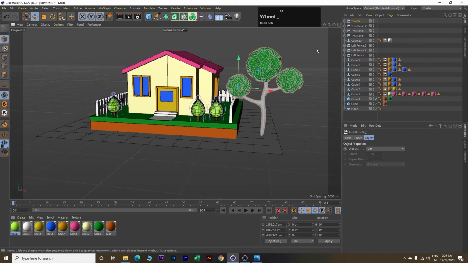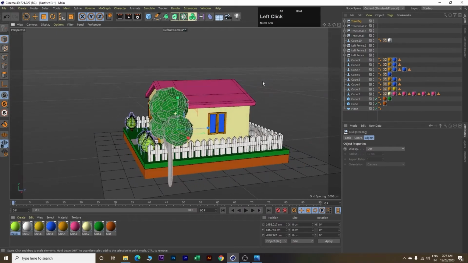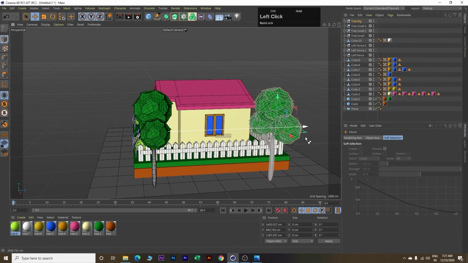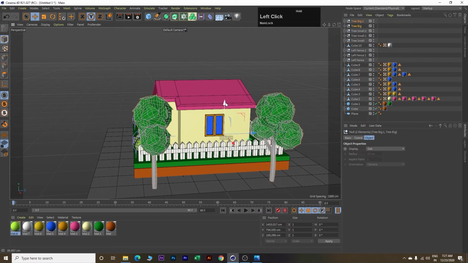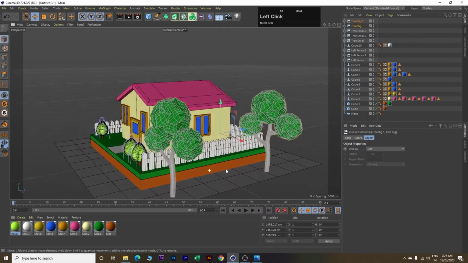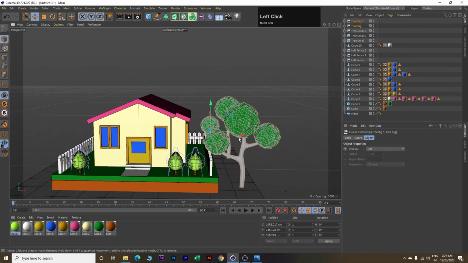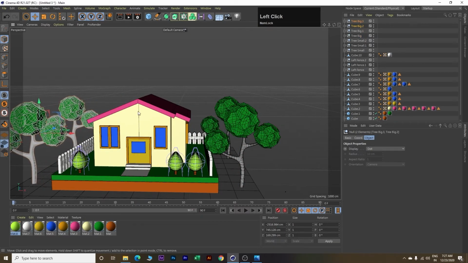Next we will zoom out. Next click on this big tree, rotate your house, click E on your keyboard and make a copy of it. Use the Ctrl key and make a copy. Now select both the trees and move them downward. Now rotate your house and again make a copy using the Ctrl key and move this tree over here. Perfect.